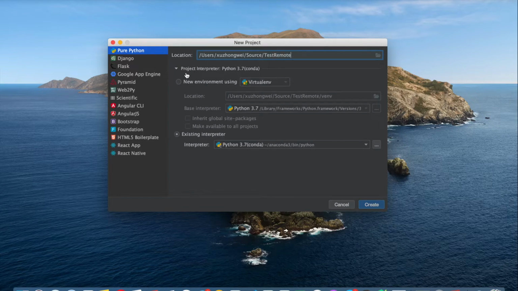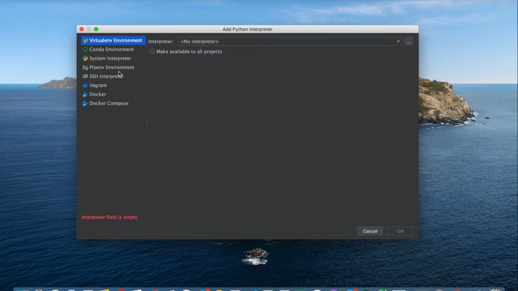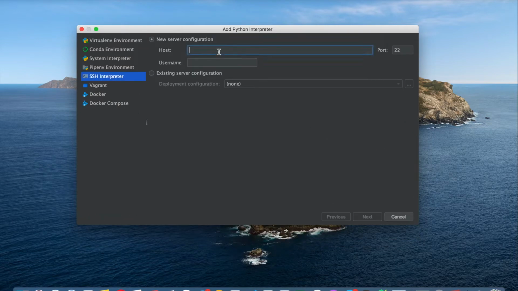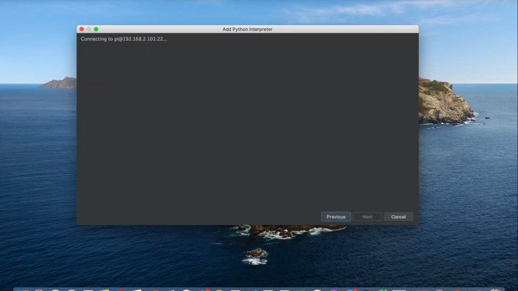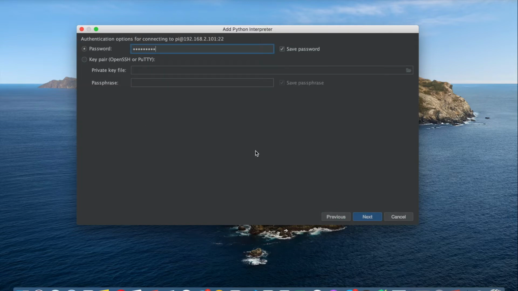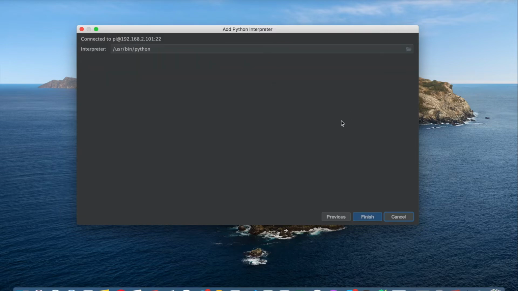And then the second step is setting the Python interpreter. The default Python interpreter of PyCharm is directed to the Anaconda environment, which is on my local PC, so I have to change it to the remote destination of my Raspberry Pi in my local network. And after inputting the username and password, I successfully connected to the remote destination,